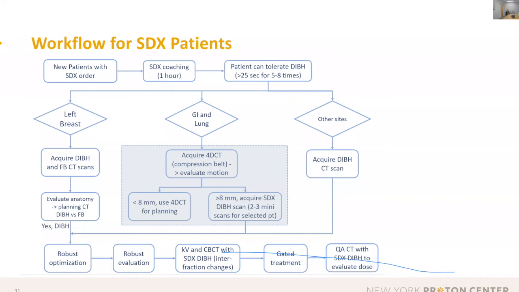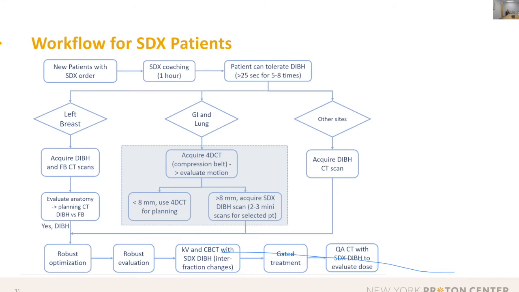My point is, patient selection for DIBH at this step is actually critical. It may decide whether your treatment efficiency is high or low. After that, depending on the treatment site, if it's a breast patient, we will do a DIBH scan and a free breathing CT scan. And the physicist will evaluate the anatomies and decide whether we want to treat with